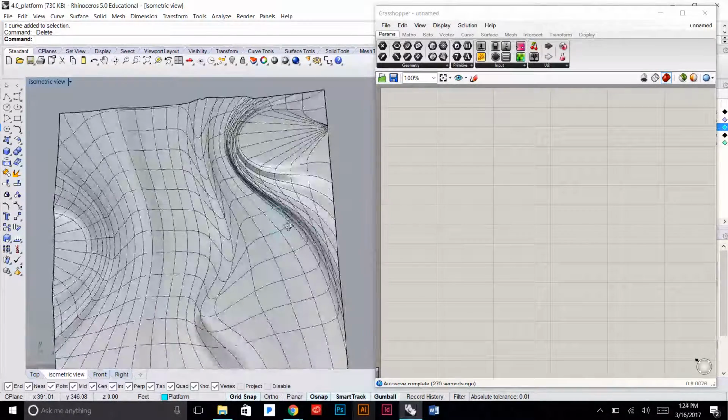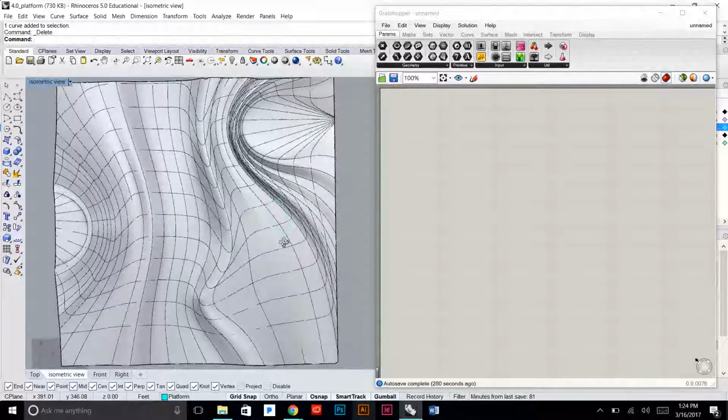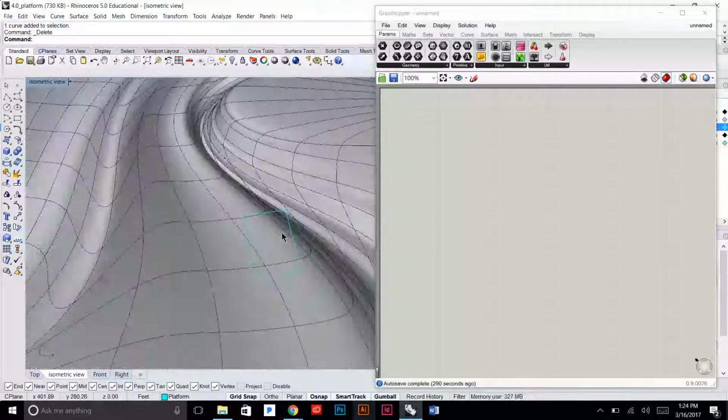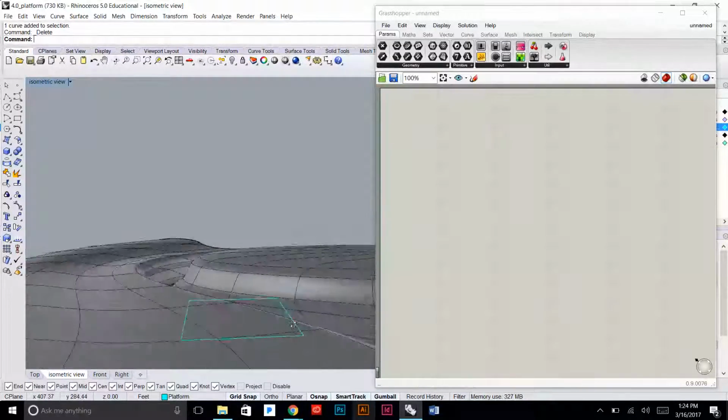What do I have to do with that platform? Or a series of points? I mean, what does the assignment say you have to do to that platform? Slope it down how much? 3%. So that's the first thing you're going to do is actually rotate this